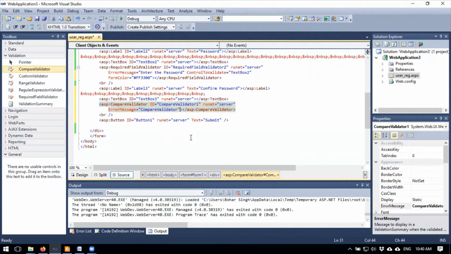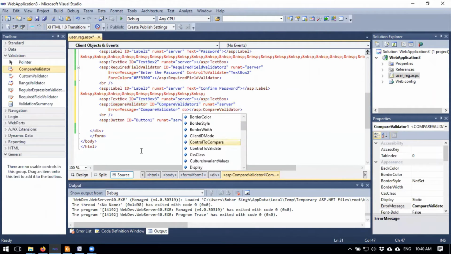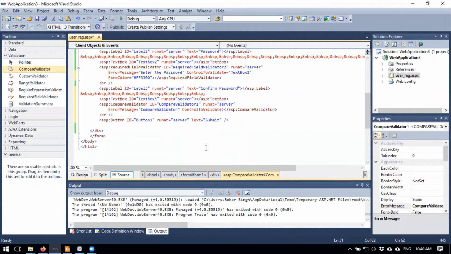Now I want the control to validate: text box 3, and control to compare. I want to compare the confirm password with the password field, that is the text box 2.